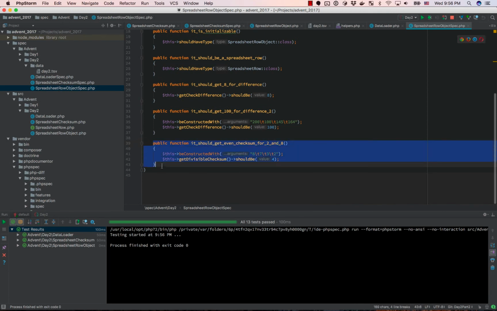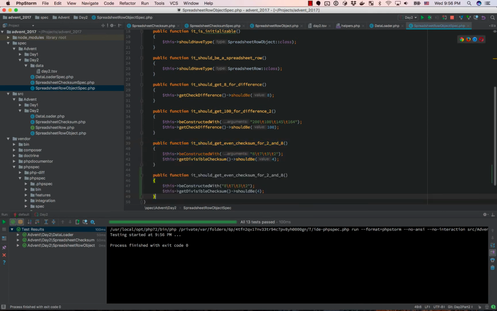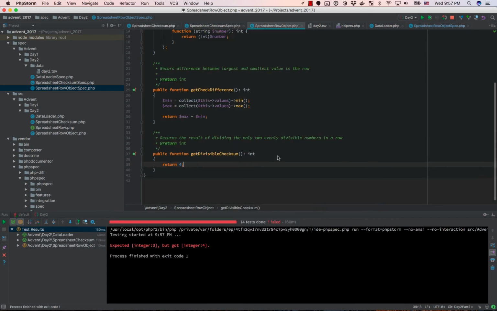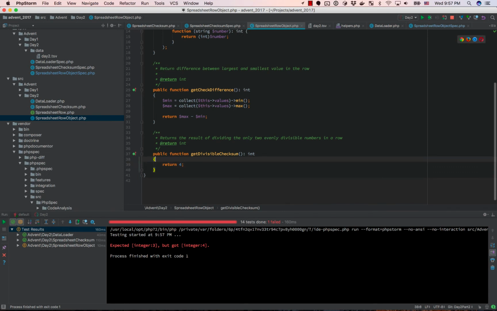So we'll copy this over, and we'll say for 9 and 3, so we'll put in a 9 in a different spot, and we'll make this 25 because no reason at all. We run that, that should fail. We expected a 3, we got a 4. So now we need to actually figure out